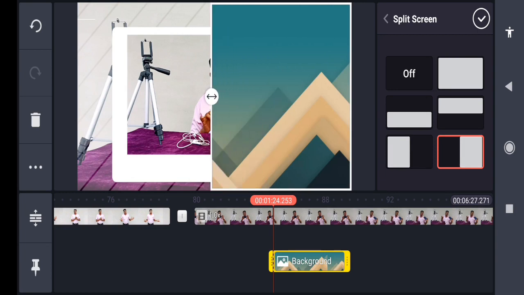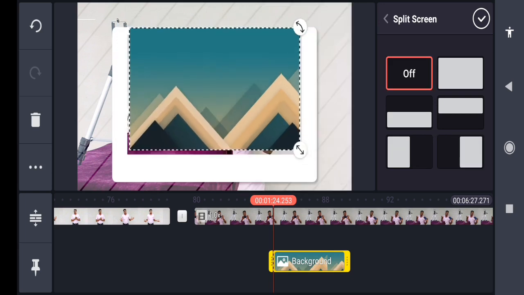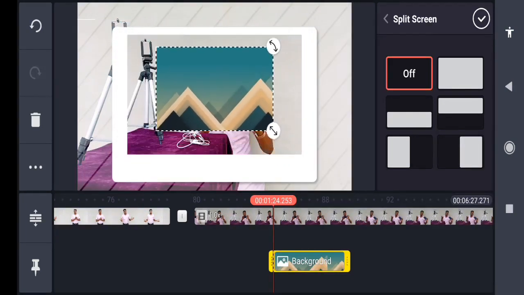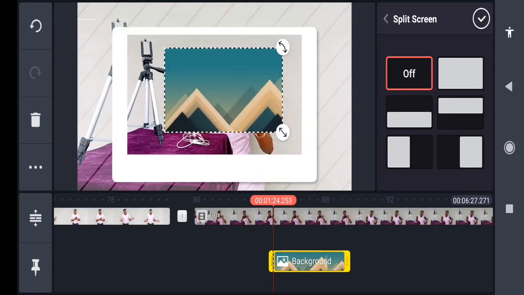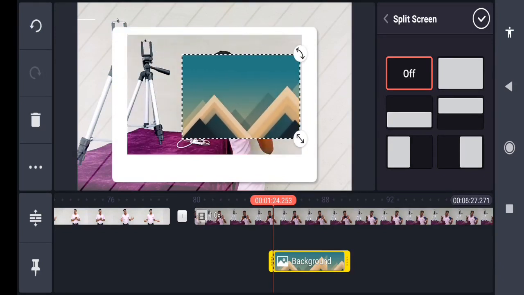Or with the off button, you can manually trim it. So I am manually trimming it now. This is the important difference between inserting the media from the main library or the media from the layers. So this is the main difference, keep that in mind.